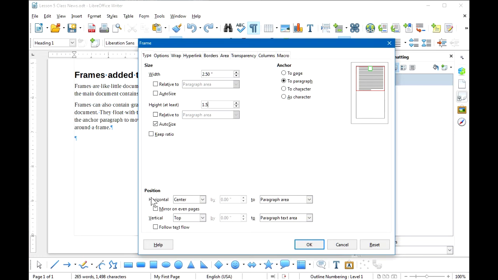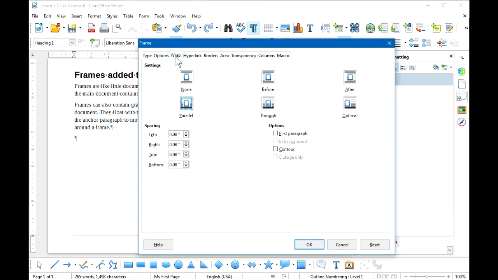I'm going to have the position be to the right and the vertical position to be to the top. I want to make sure that the frame is anchored to a paragraph, and then I'll select the wrap option, and then I'll have the text wrap around before the frame. And there's some default spacing that will leave a little space between the frame and the text body that it's wrapping around. Then I'm going to choose the Borders tab